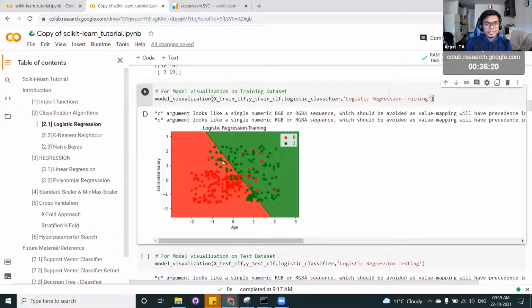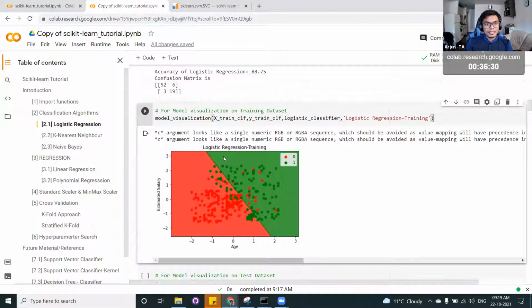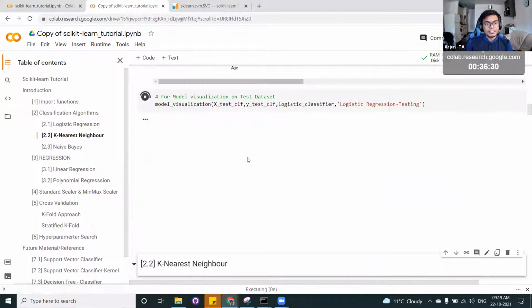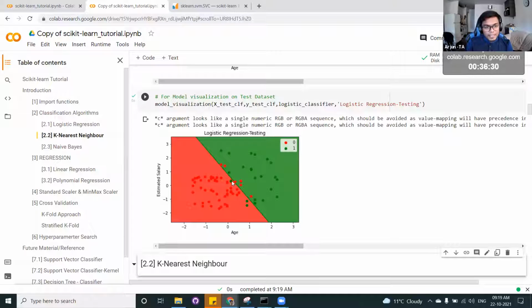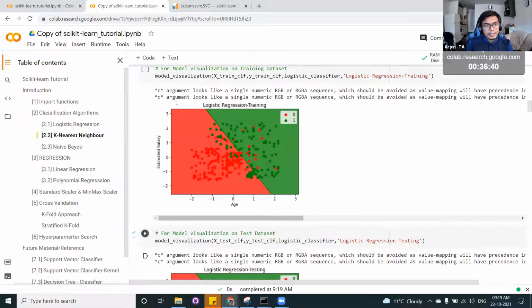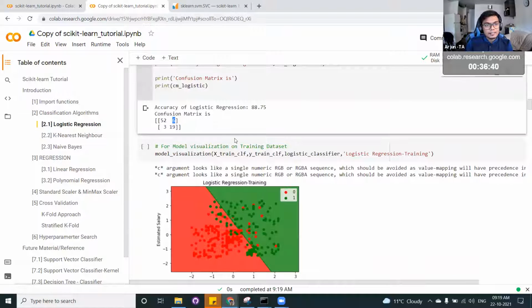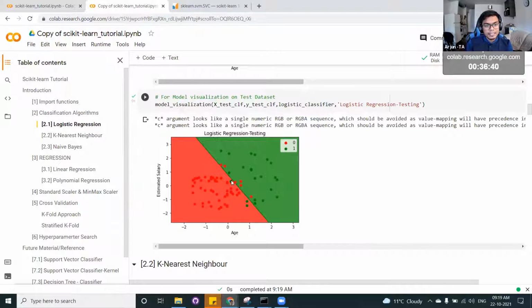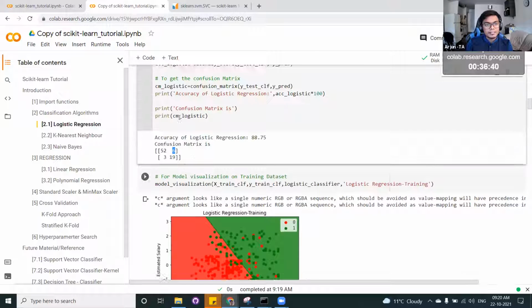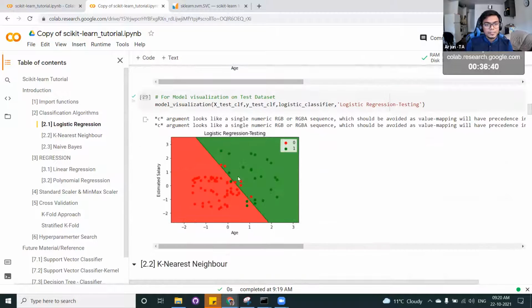You can see there are a lot of misclassifications here. And if you look at the test set, you can count 1, 2, 3, 4, 5, 6 in the red, and the green is 1, 2, 3. So this is a way to visualize.